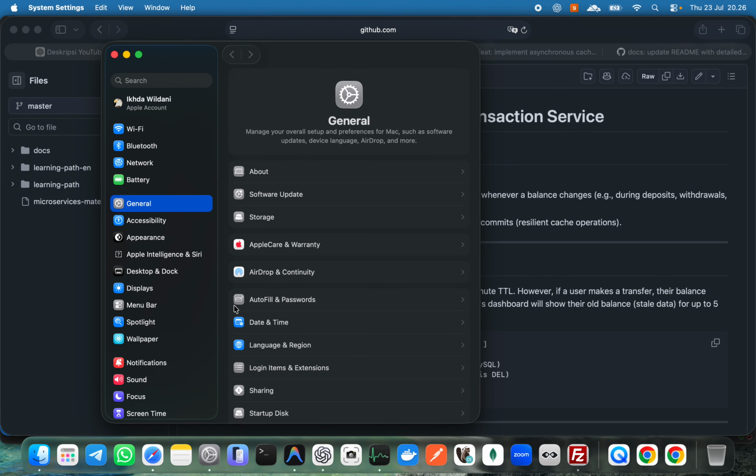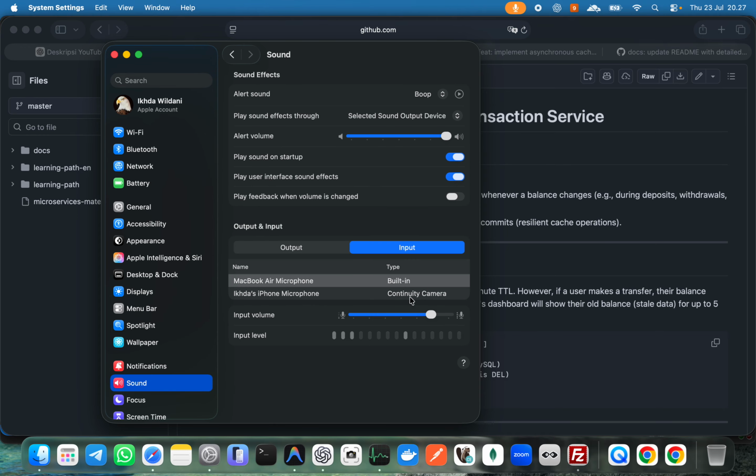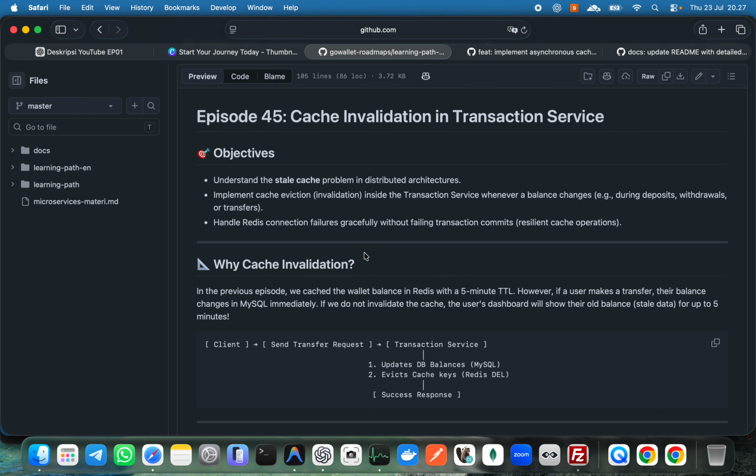Hello, back again to this course, Golang Microservices full course, and today we will talk about cache invalidation, because in the previous video we have already done the cache with Redis, and we need to make sure that the cache is deleted at the right time. If some data changes, we need to delete the cache, maybe, so it is up to date